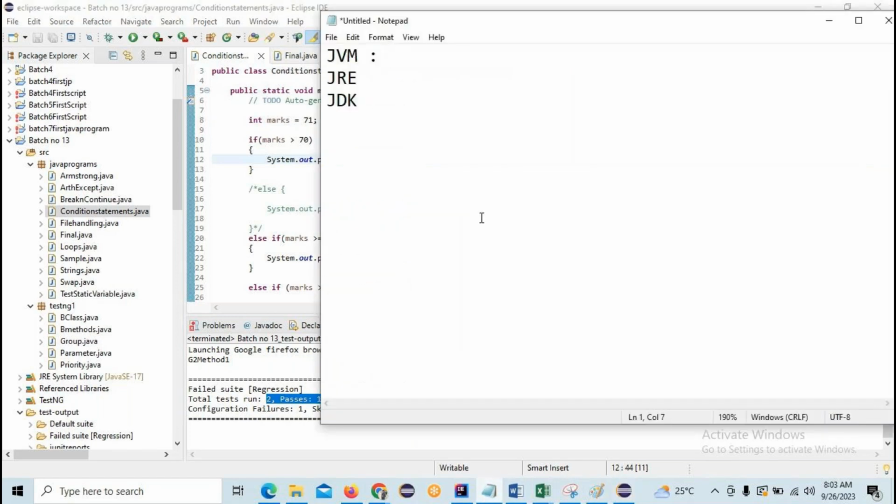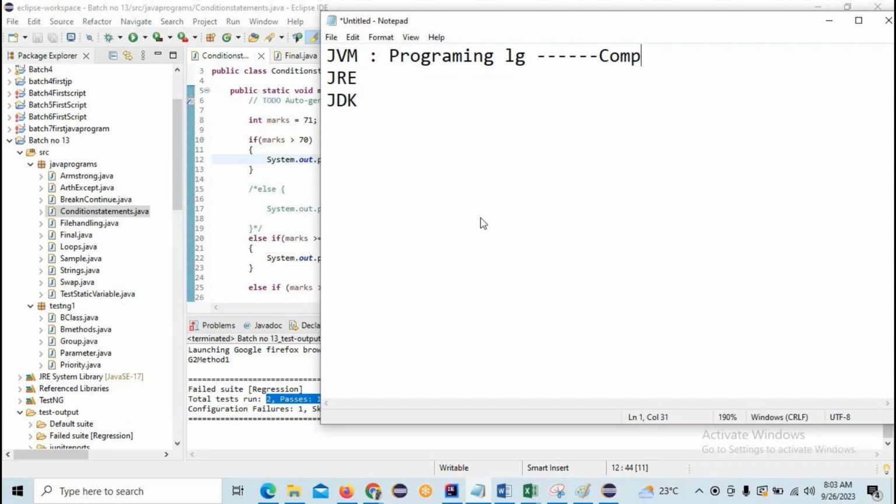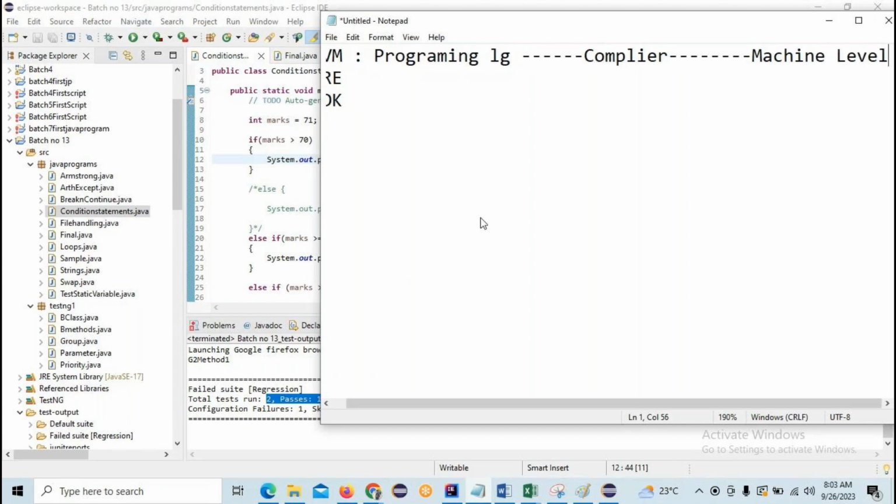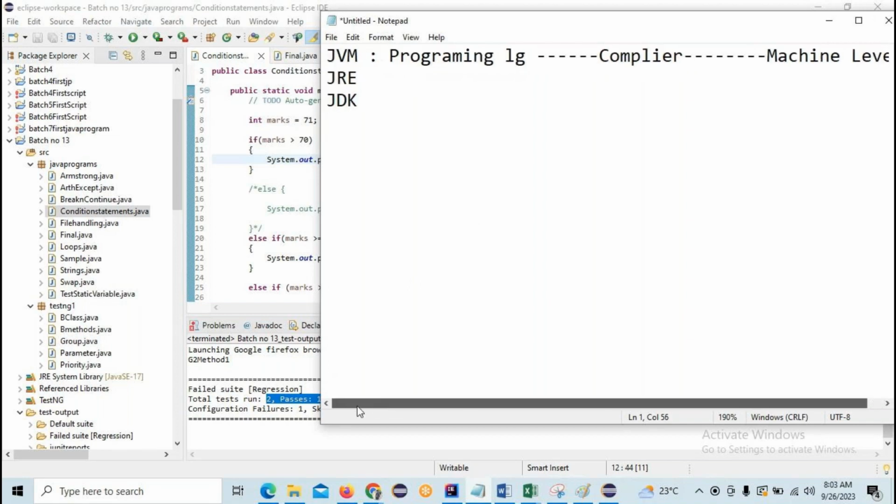In JVM, what we do is that the programming language is going to be converted into the machine level language with the help of the compiler. Okay, this is the use of JVM.